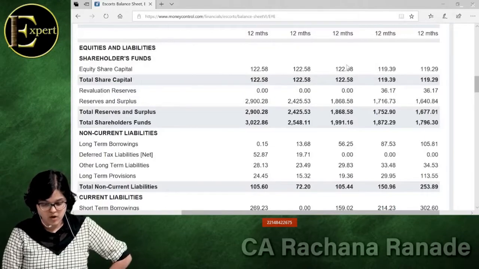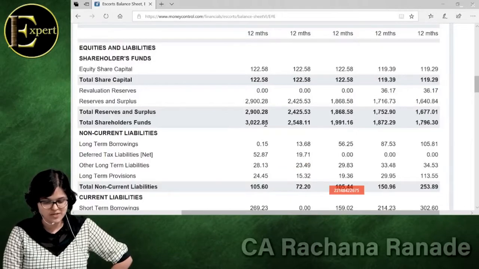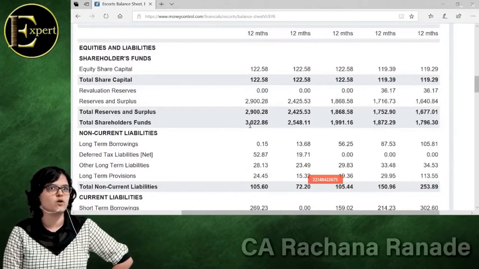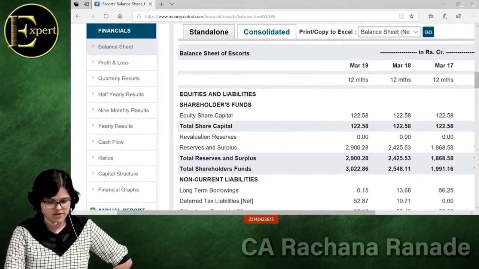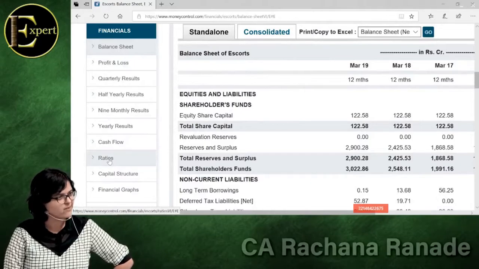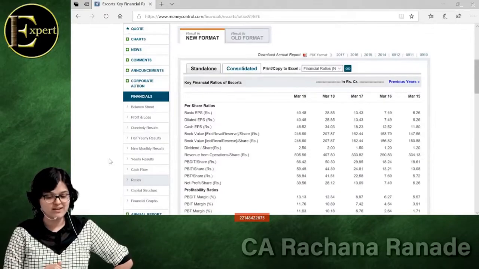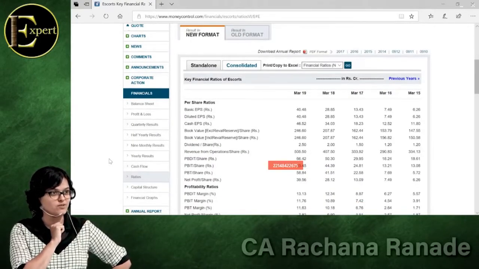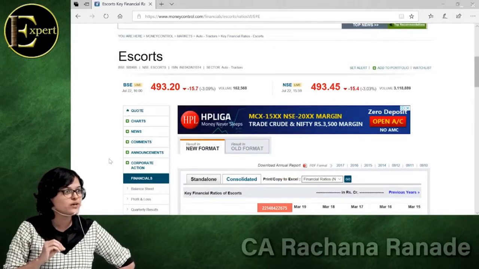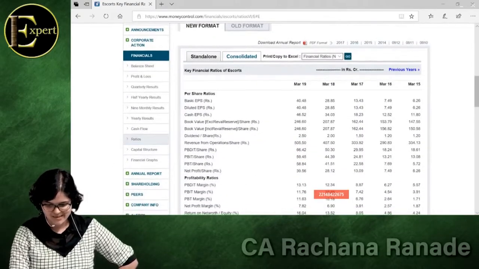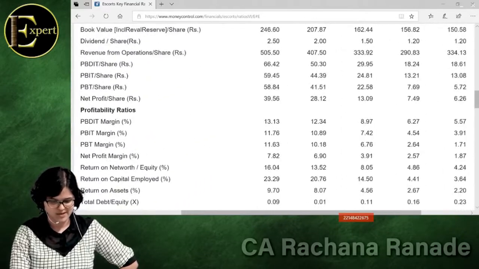Then we talked about debt to equity. Long-term debt is how much? 0.15. And how much are the shareholders funds? 3022. My God, it's almost a debt-free company. Now to make your life easy, here we have the balance sheet. But why did I show this towards the end? Because then you would not have paid attention to my calculations, no? And plus, you should also cross-check once or twice, right? You have so many ratios put up here, as many as you need.